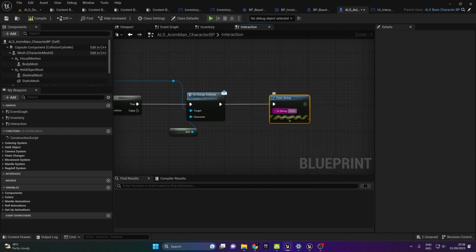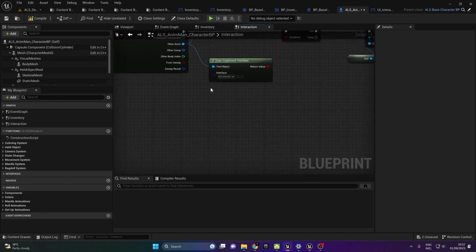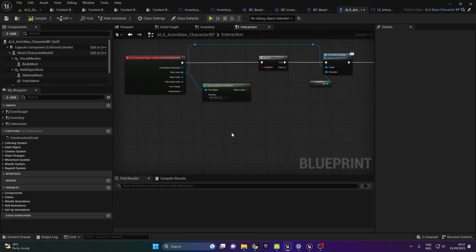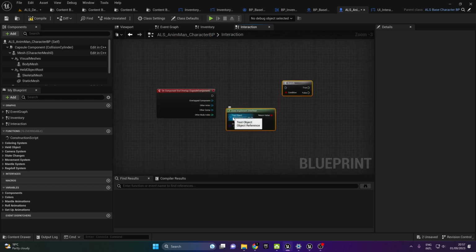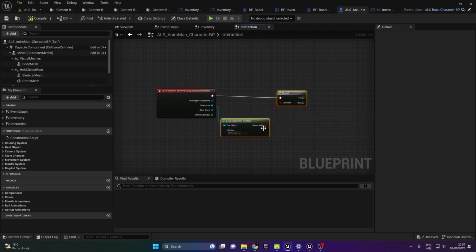It would be print overlapped, and same for this one. We just copy it, and paste it here. This one will go here, and then this one here,